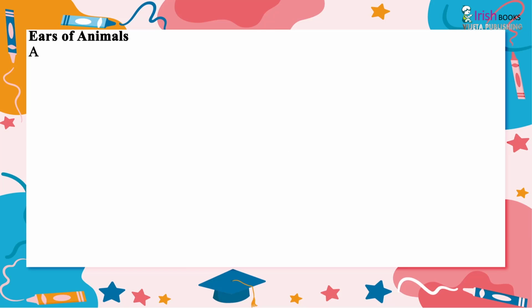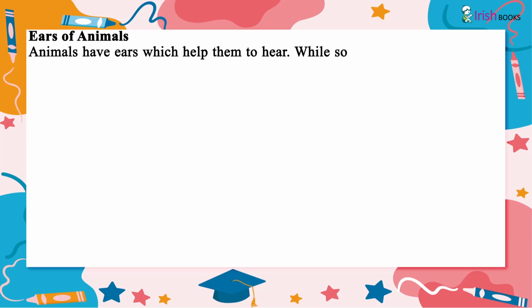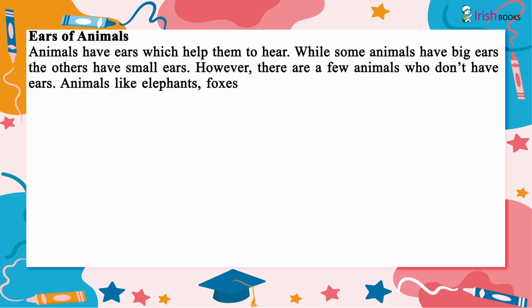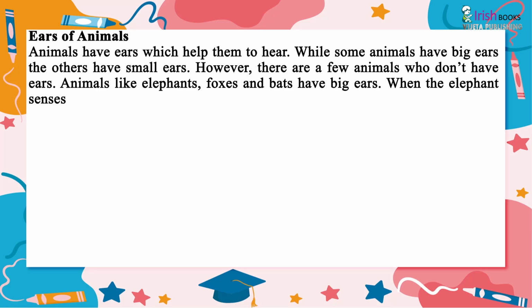Ears of animals. Animals have ears which help them to hear. While some animals have big ears, the others have small ears. However, there are few animals who don't have ears. Animals like elephants, foxes, and bats have big ears. When the elephant senses threat, its ears spread wide